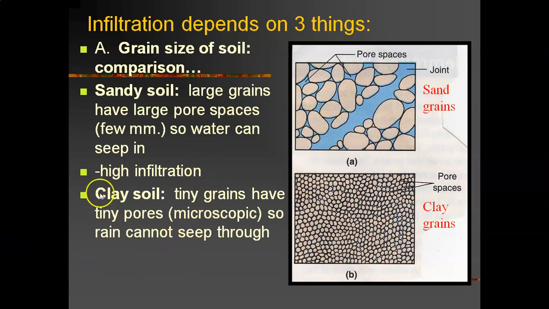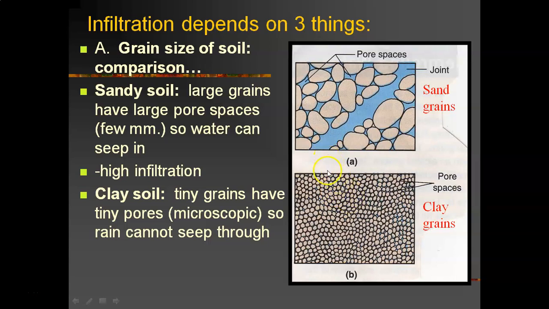Let's do the opposite. Let's talk about individual clay grains. Down here we're illustrating clay grains. An individual clay grain you can't see; you need a scanning electron microscope to actually see one. On the bottom, we've multiplied the size of the clay grains again by about 1,000,000 times. But the point is, if you've got tiny individual mineral grains, the pore spaces are going to be tiny too.